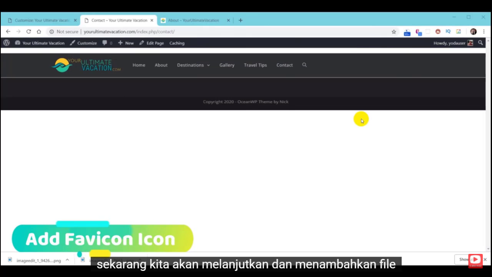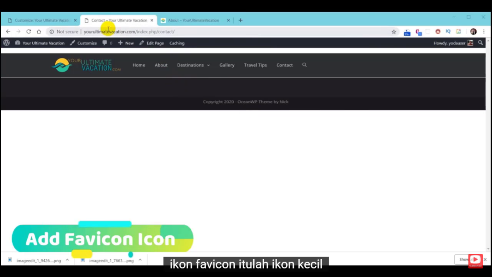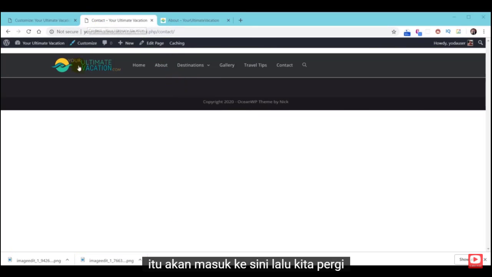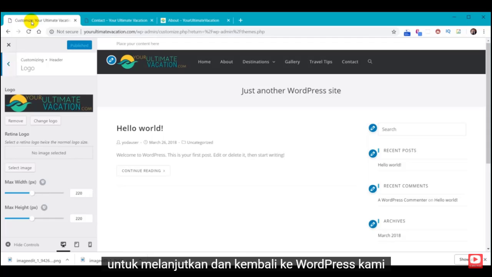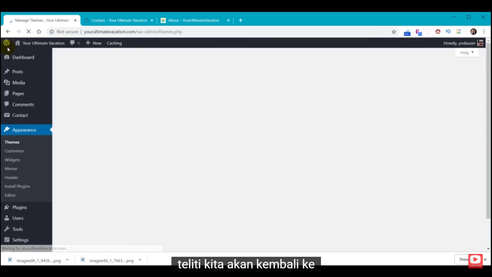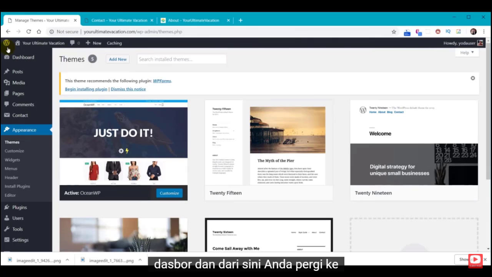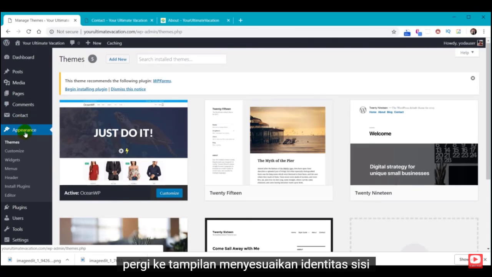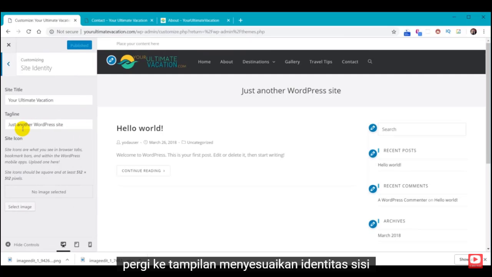Now we're going to go ahead and add our favicon icon. That's the little icon that'll go right here. So we're going to go ahead and go back to our WordPress admin. And again, for the sake of being thorough, we're going to go back to the dashboard. And from here, you're going to go to Appearance, Customize, Site Identity, and then down here, we're going to select